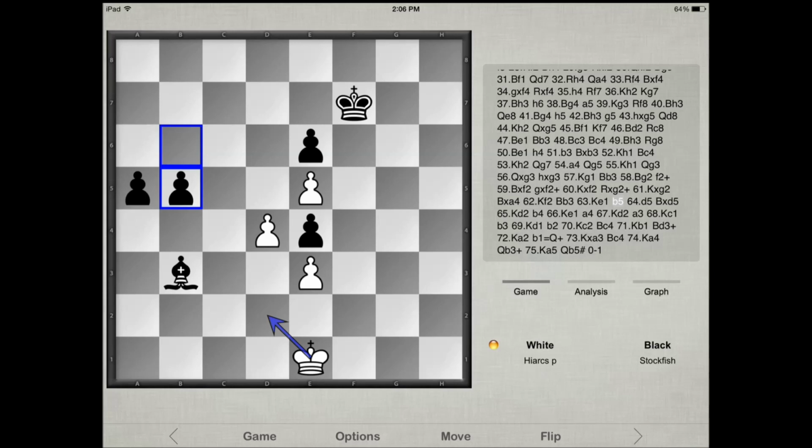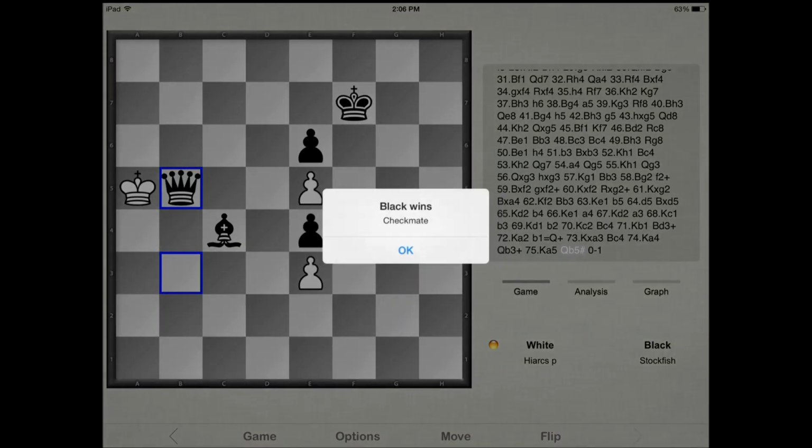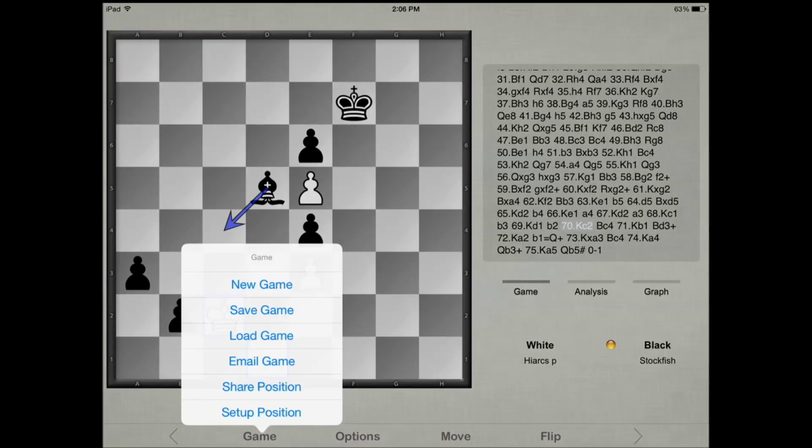These two are actually very close as far as doing analysis, but the problem is that Hiarcs couldn't maintain any advantage, and was usually just slowly giving away space and giving away time, and this ended here with a checkmate, obviously. It was always going to be a loss when you were down so many pawns and also a piece. The game that Hiarcs actually won,